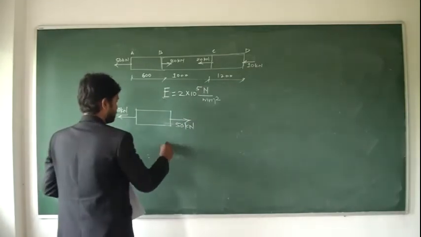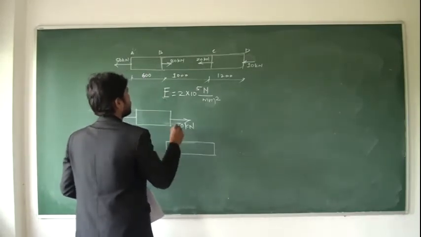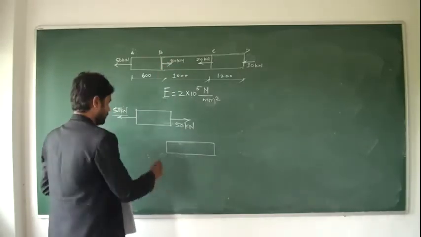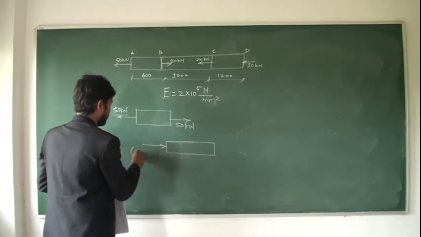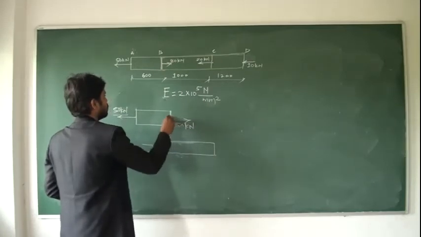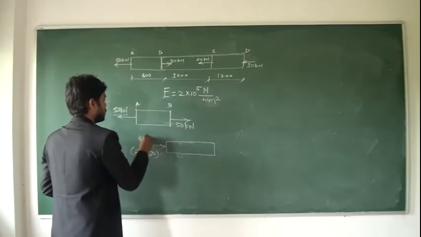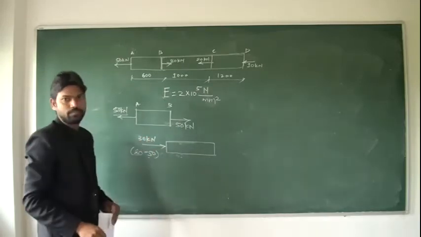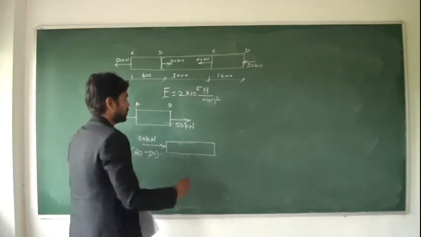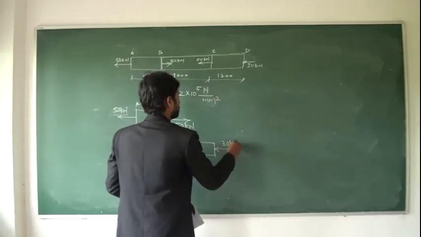Now take the second part. For the second part, what is there? This is 50 kN, but at the junction it is shown as 80 kN. So what is the remaining force over here? It is 80 minus 50, meaning out of this 80 kN, 50 kN you utilize to stretch this part AB. So what is remaining? 80 minus 50, that is 30 kN. Now as there is a force of 30 kN towards the left side of the section, there must be an equal and opposite force on the other face of the section of magnitude 30 kN.